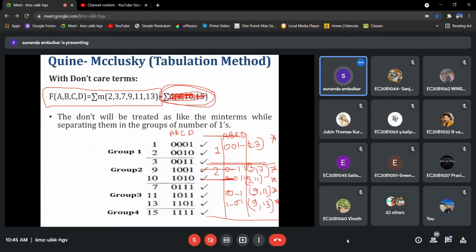But here, after seeing the boundary representation, we didn't find any of the terms in which only one variable change is occurring. So no terms have been checked off. So the unchecked min terms, we will put a star mark with those min term combinations. In the first table, everything was checked.